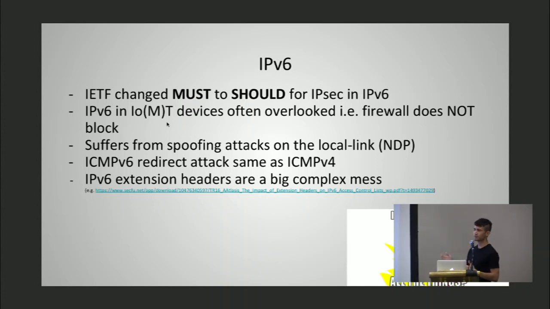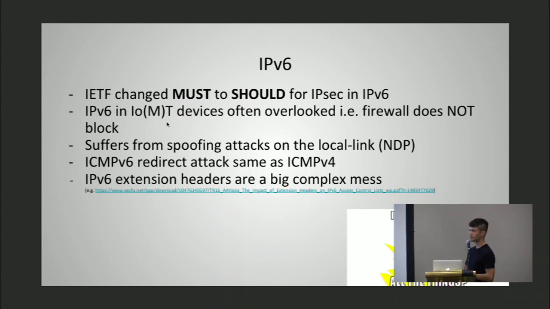So we have seen, for example, there was a medical device in the past that, although IPv4 was completely filtered by the firewall, when we tested, scanning for some ports and finding services using IPv6, everything was open. So apparently the vendor had completely overlooked that there's also IPv6 that needs to be filtered explicitly, and there's another attack vector. The other thing is most of the attacks that we know work on the local network, like the